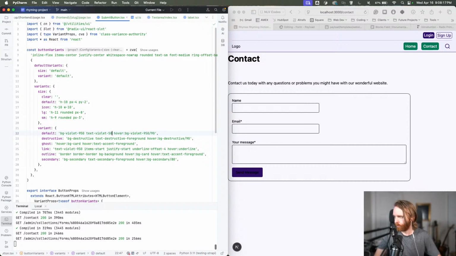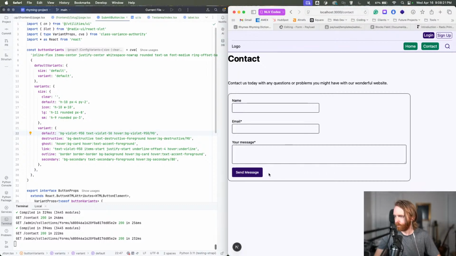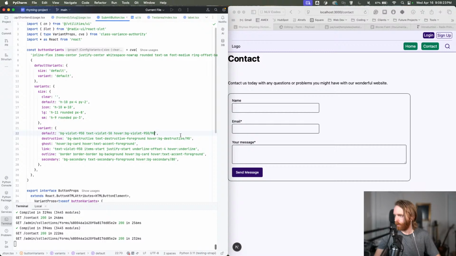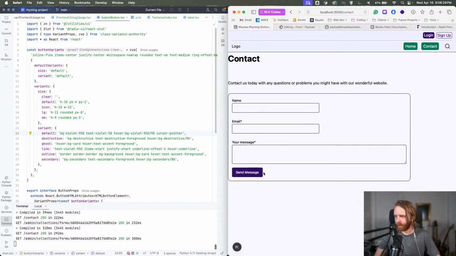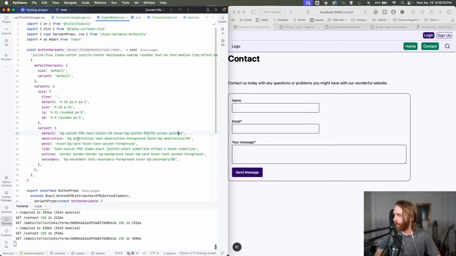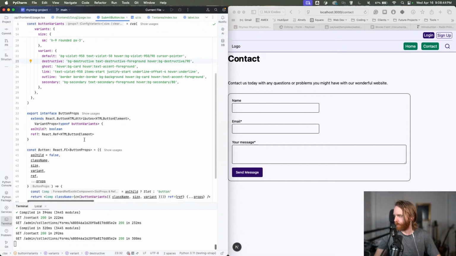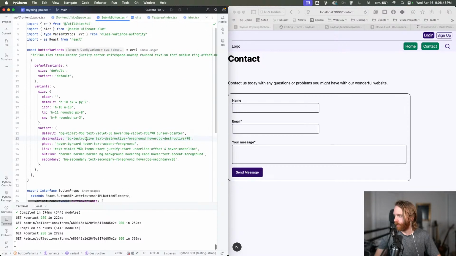Nope. All right, and then hover. That looks right. And then I want to do, apparently the button default is not supposed to be a pointer, but it just feels so wrong to me to not have that. Anyway, ghost, BG destructive. I don't know when destructive would be used, but anyway,